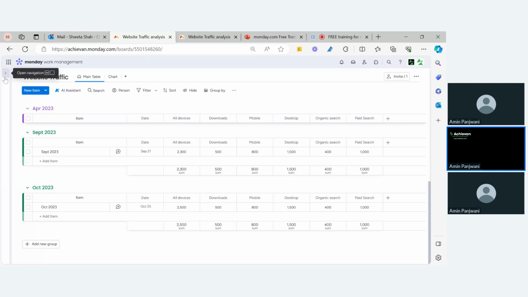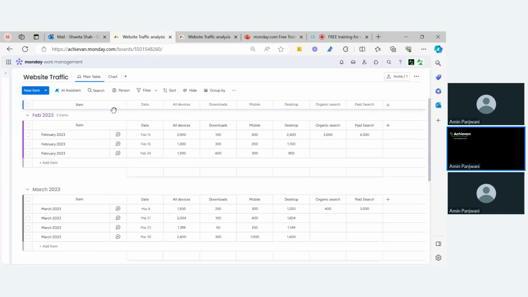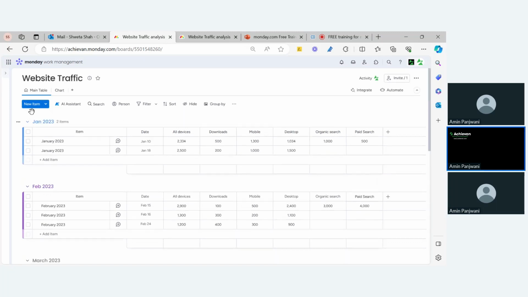Today's training, we are going to talk about website traffic analysis. So as you can see here, this is my website traffic tracking board. This is just a template which I have taken, but in your case, your process can be different